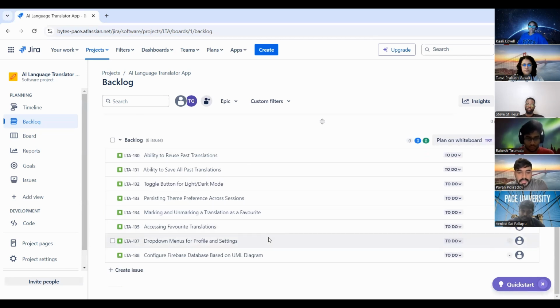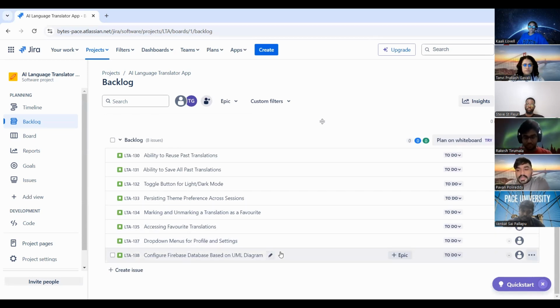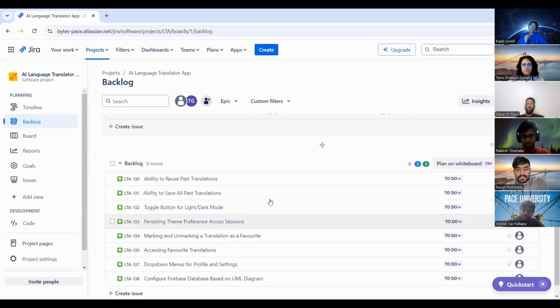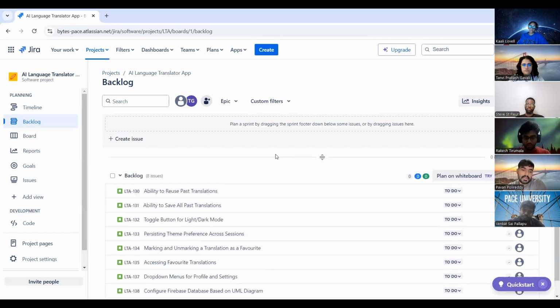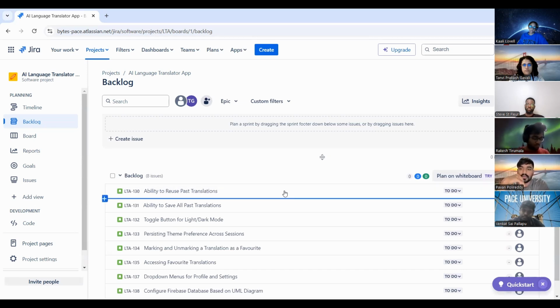I would say it's better to add more functionality to the page in this sprint, so that in the last sprint we can just focus on enhancements, apart from translation, because the translation part mostly comes under back end development. So for the front end part, maybe we'll just focus on the UI, adding the history page, all those things as well. What would the team say?